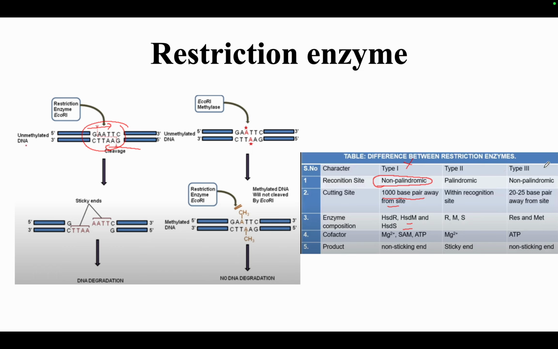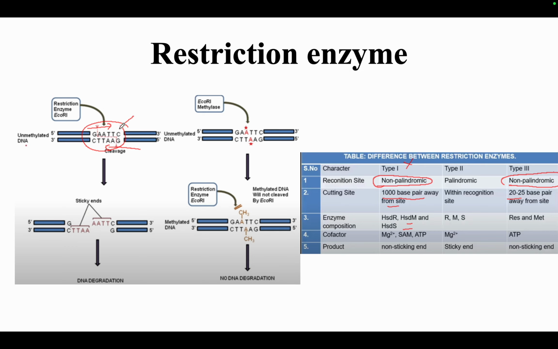Then again, type 3 is also similar. It doesn't recognize the palindromic sequence, and again it cleaves 20-25 bases away from this recognition site. So again, this is not suitable for cloning, but type 2, as you can see, they recognize the palindromic sequence